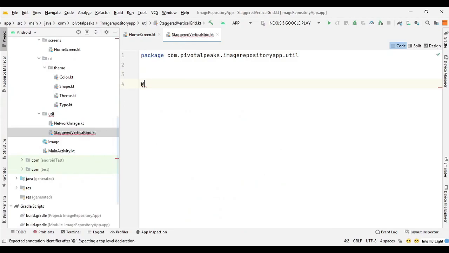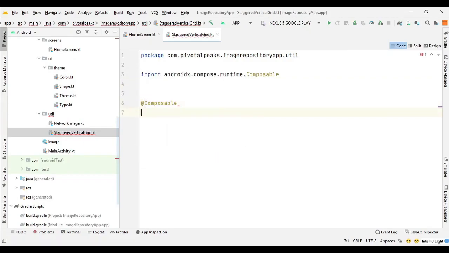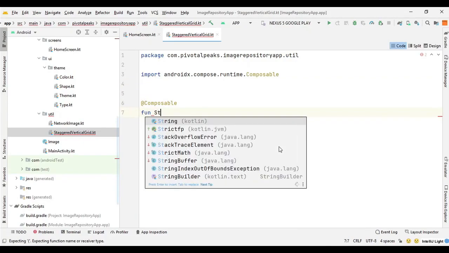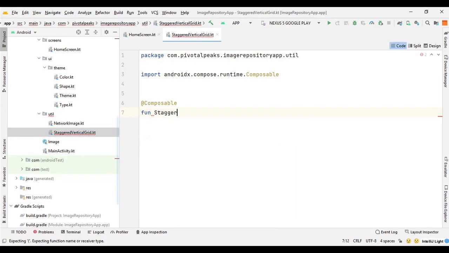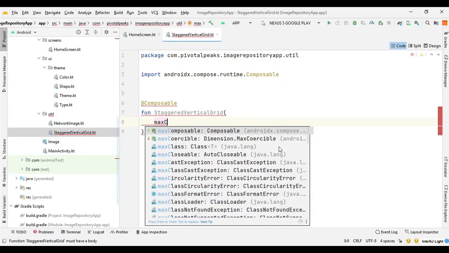So here we can say add composable function staggered vertical grid, and it's going to require some parameters. So the first parameter we need is a max column width. So we can provide a column width.